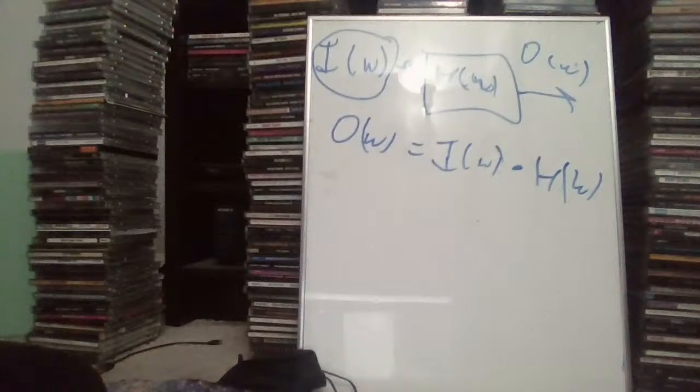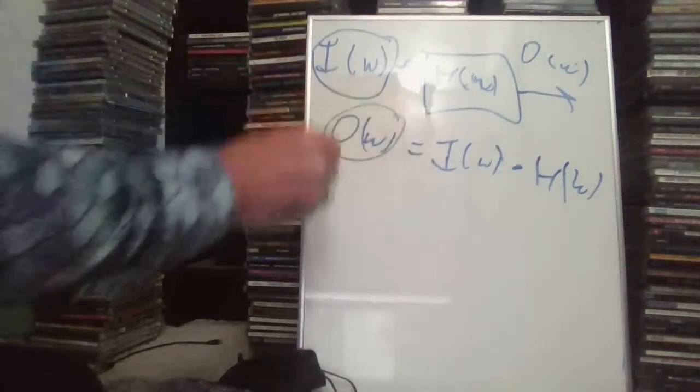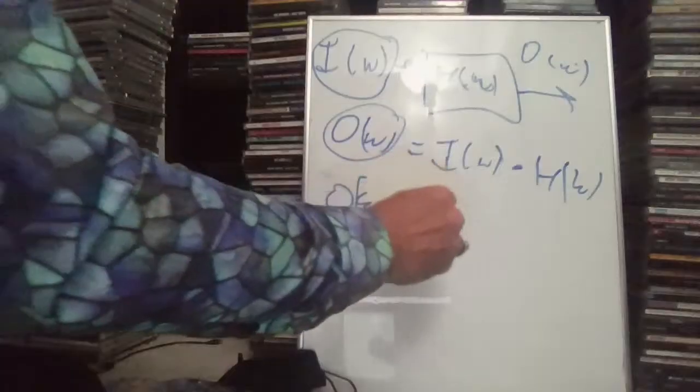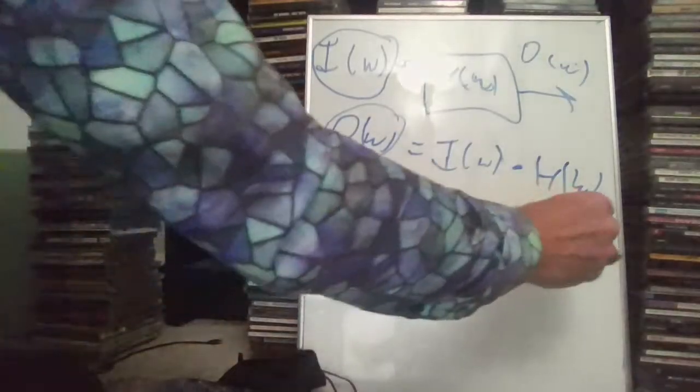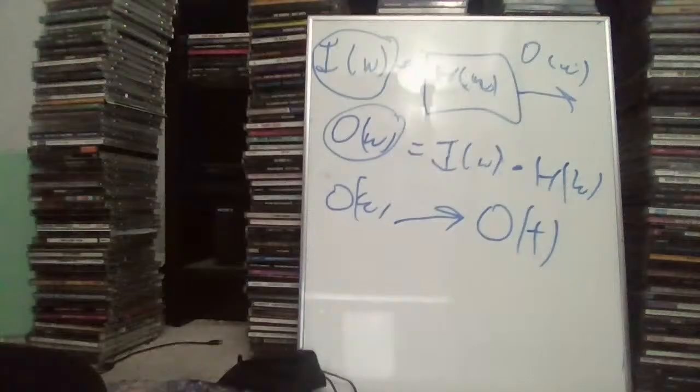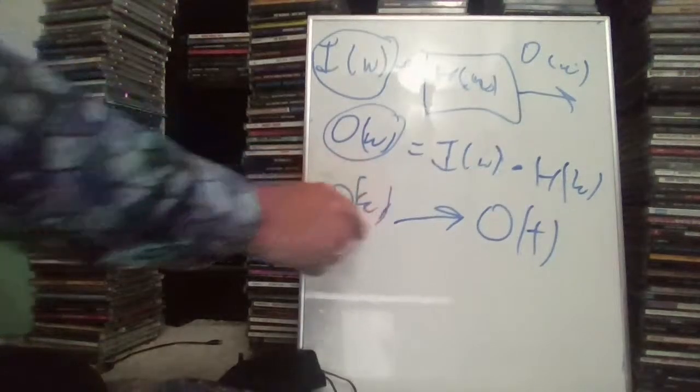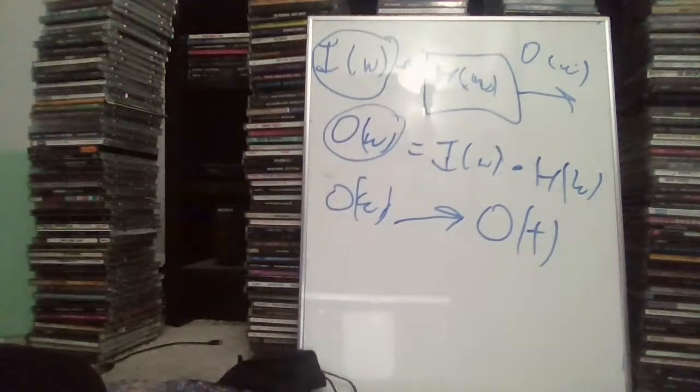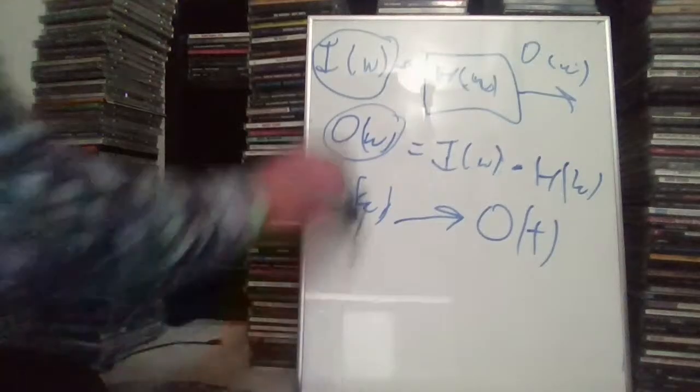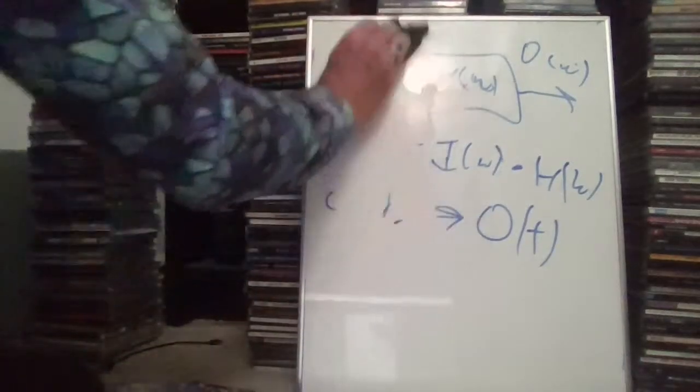Beautiful. What do you do then? Once you have the output of omega, you take the inverse Fourier transform of O of omega to go back to O of t. Voila! Now you have the output in time domain. That's how you figure out how to process a signal with a system. Take the signal input, transfer to frequency domain, take the transfer function, transfer that to frequency domain, multiply the two together to get the output in frequency domain, take the inverse transform of the output to get the output in time domain. You have the output of the system with that particular input. That's basically the lecture.